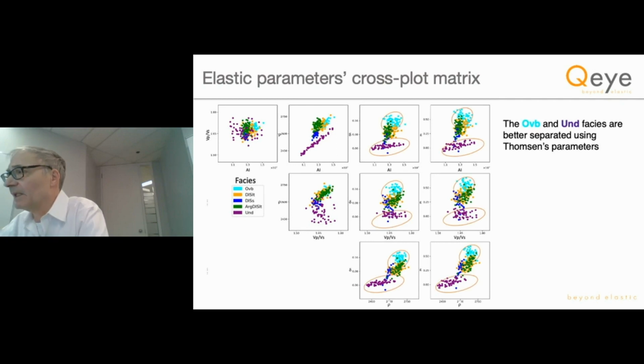And you can see that the overburden and underburden facies are actually separated using the Thomsen parameters. They're quite well separated, so including that Thomsen parameter information into the probabilistic inversion in this cross-plot matrix, covariance matrix of the elastic space, has helped isolate and separate these facies by the added constraint of the